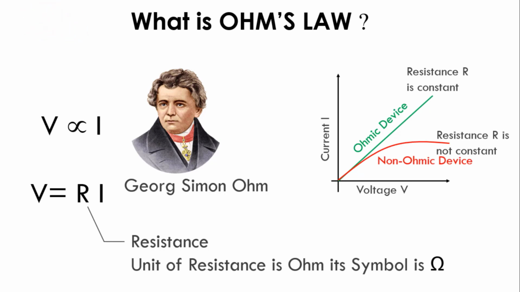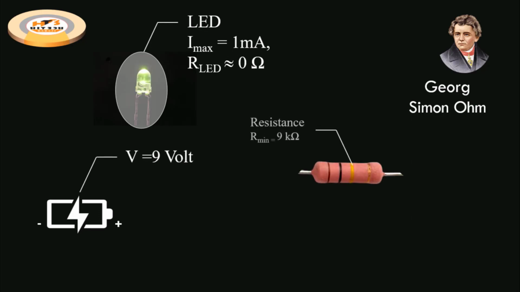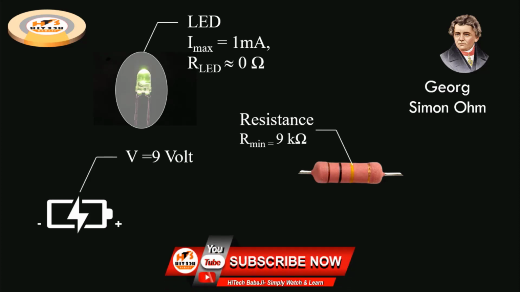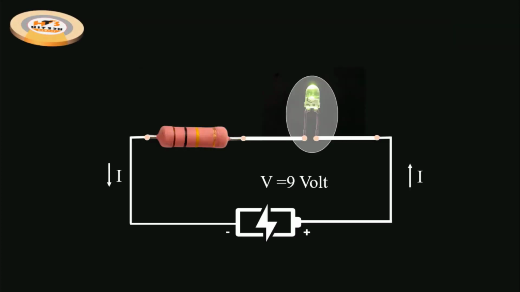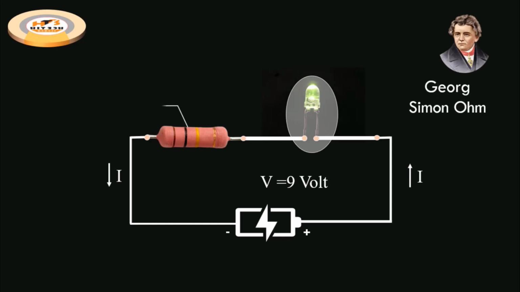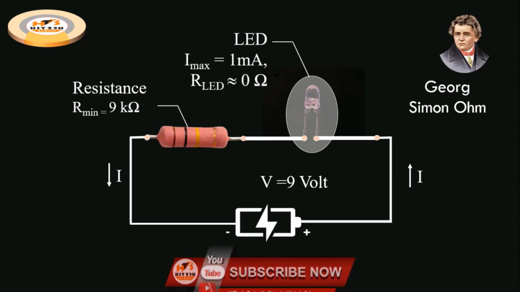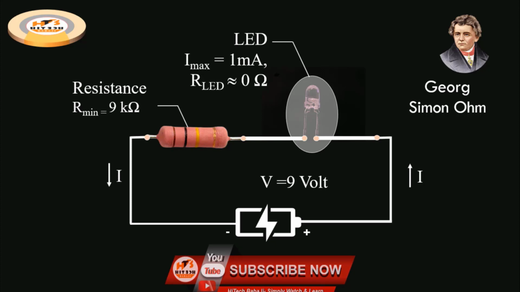To understand Ohm's law, let us consider one LED with a maximum current rating of 1 milliampere, and consider that its resistance is approximately 0 ohm. Now this LED is connected to a 9 volt power supply. If this LED is directly connected to a 9 volt power supply, then this LED will be burned out due to the higher current passing through it. So to use this LED properly, we have to connect one resistance in series with the 9 volt power supply to limit the current flowing through it, so that the current passing through this LED is less than or